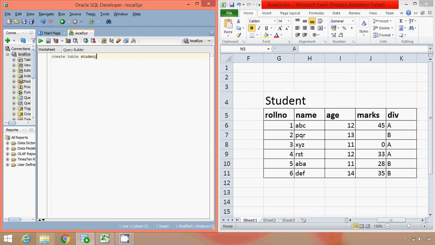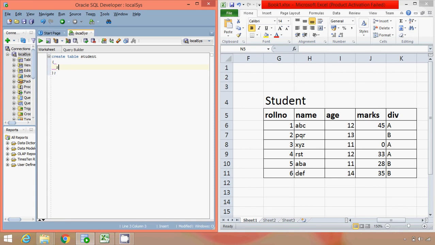Create table, all these keywords, in this case also case does not matter. So I'll go ahead: create table student, open bracket, and within this block we provide the list of columns that this table is going to have and the kind of data each column is going to store.